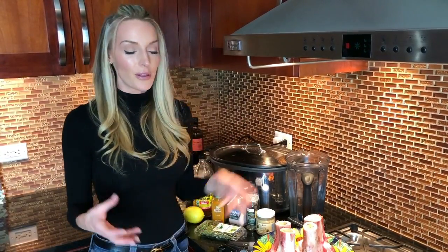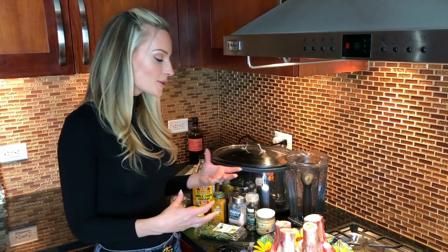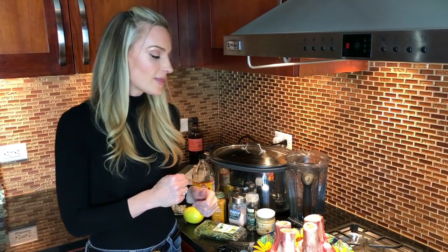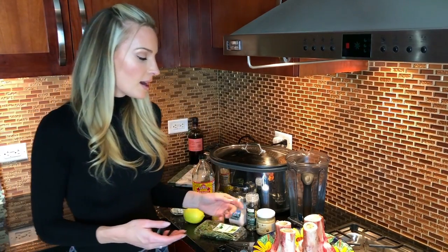The best thing about bone broth is that you can just make it however you want. You can put all the ingredients that you like, the taste that you like, and you can also put ingredients that are going to help you with, say, your stomach or with reducing inflammation. And I'm going to show you the things that Keith and I use that might be a little bit different than others. However, the most important thing I want you to take from this video is that the quality of